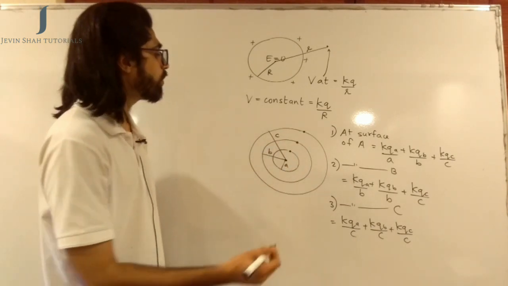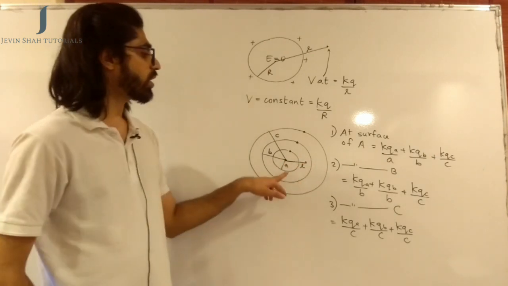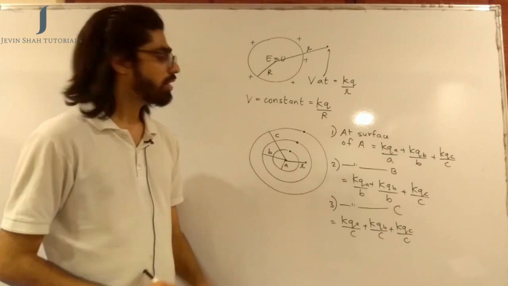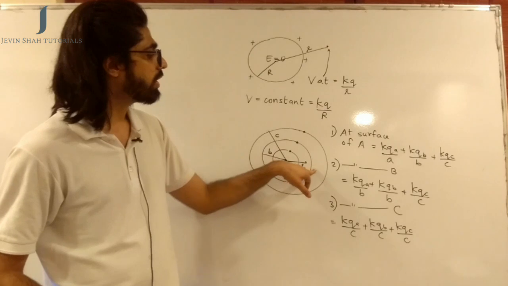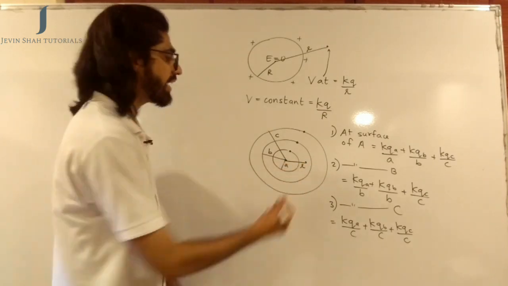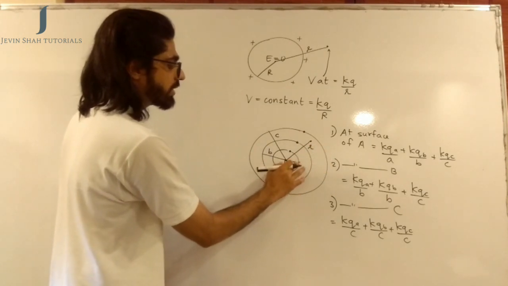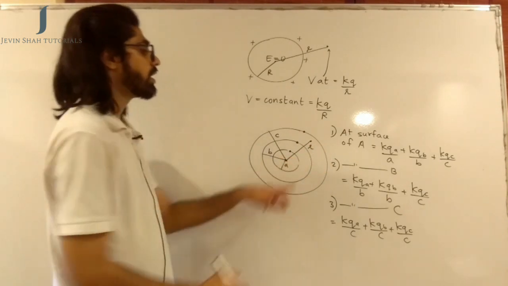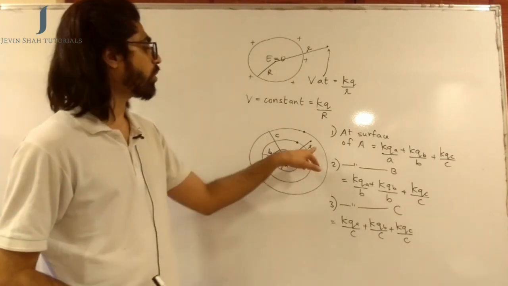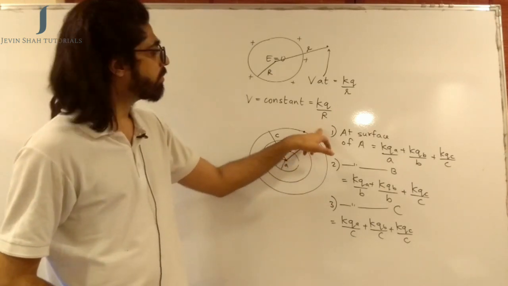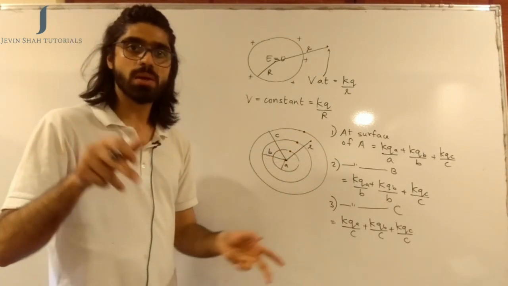Okay, if I ask you the potential at a point which is over here at a distance of r. So because of sphere A, it will be KQA by r, but because of B and C, it will be KQB by B and KQC by C because the point r lies inside B and inside C. Had the point r been over here, or let's say if we want the potential at this point, then at this point it would be KQA by r plus KQB by r because the point is outside the second sphere also, but because it is inside the third sphere, because of the third sphere the potential here will be KQC by C only.